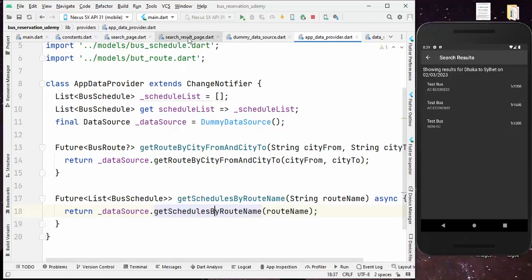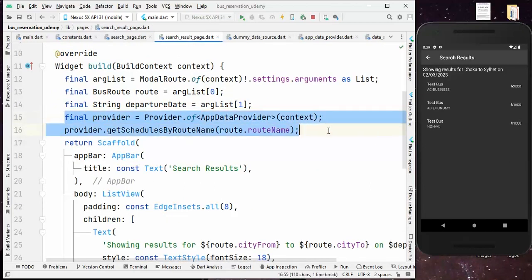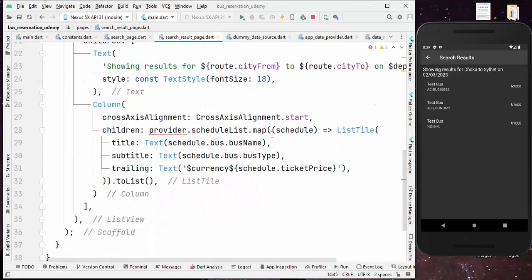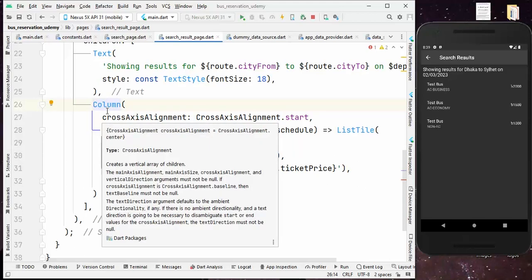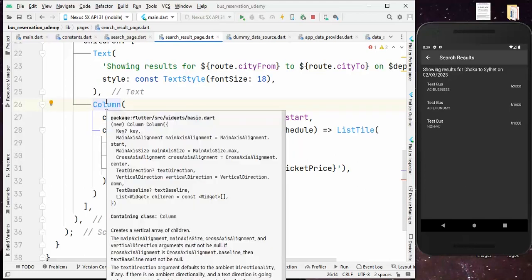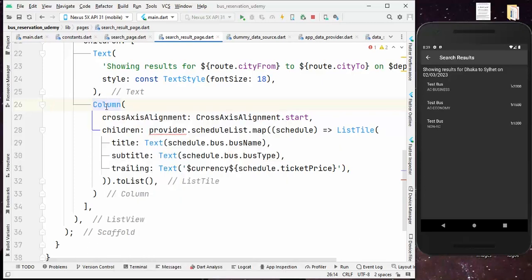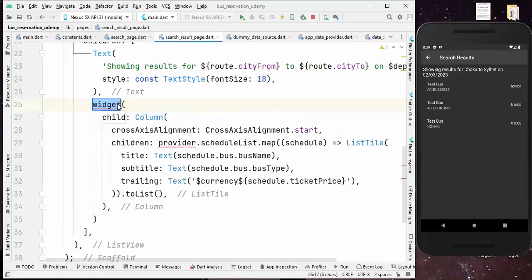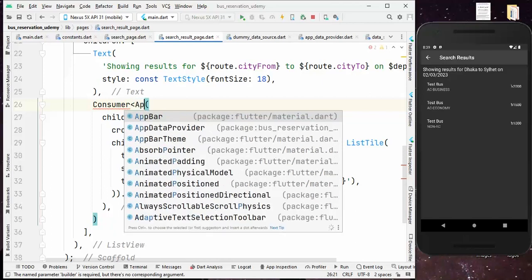Now let's come to the search result page, and I'm removing these two lines from the build method, and instead of this column, I want to wrap this column inside another widget, and the name of the widget is a consumer. So this will be a consumer widget, and this consumer widget is coming from the provider class. So I need to specify from where I want to consume. I want to consume from app data provider,